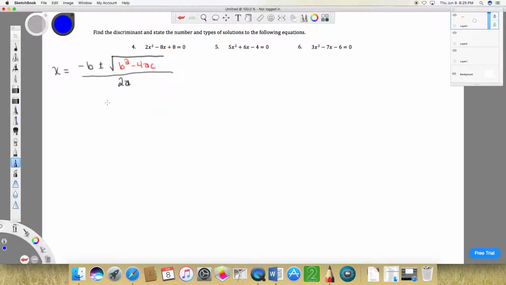So in problem number 4, let's identify a, b, and c. A is 2. Well, actually, all of these are even numbers. So I'm going to divide every term by 2 just to get the numbers smaller and easier to do the arithmetic on. I have 1x squared minus 4x plus 4, and 0 divided by 2 is 0. So I can identify A, B, and C,